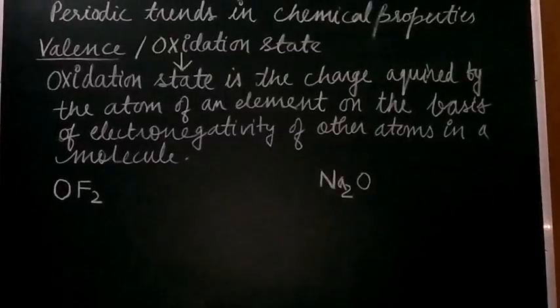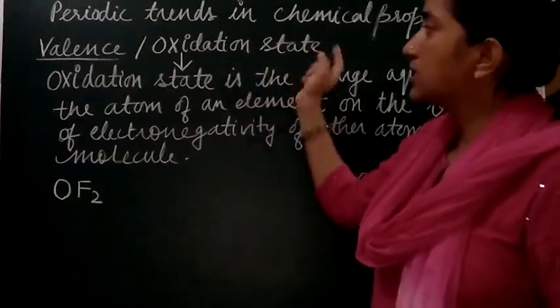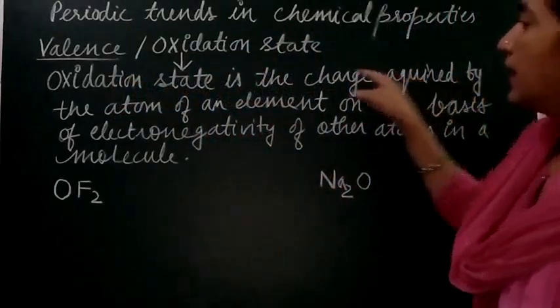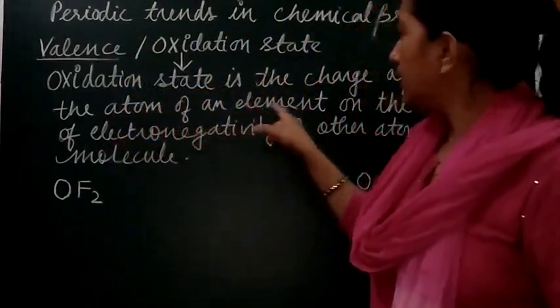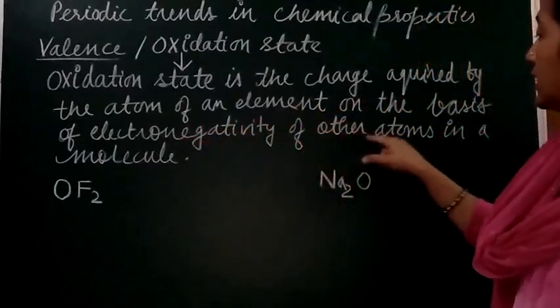Now students, we are going to discuss the oxidation state. Nowadays, the term oxidation state is used frequently. Now, what is the oxidation state? Oxidation state is the charge acquired by the atom of an element on the basis of electronegativity of other atoms